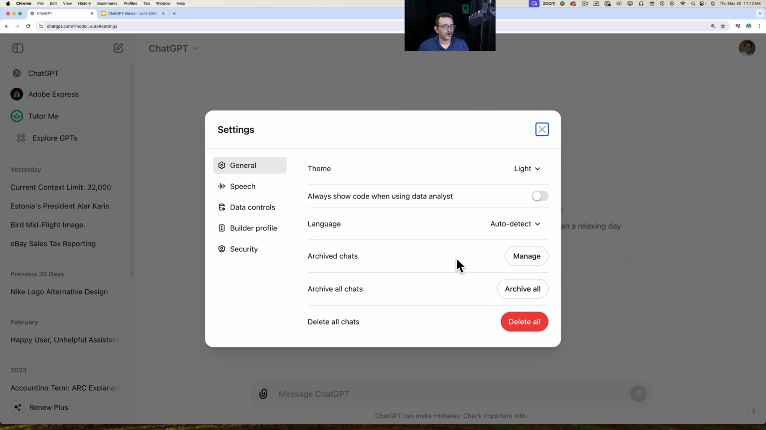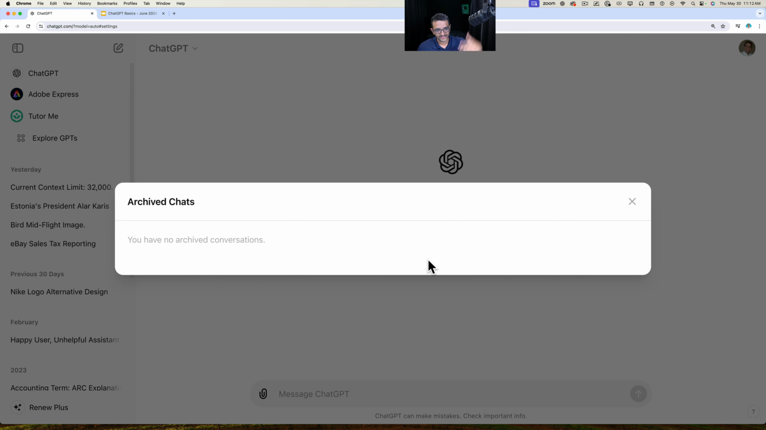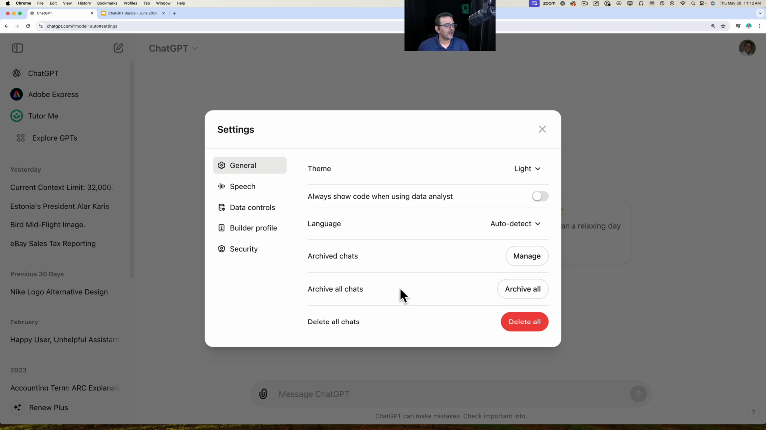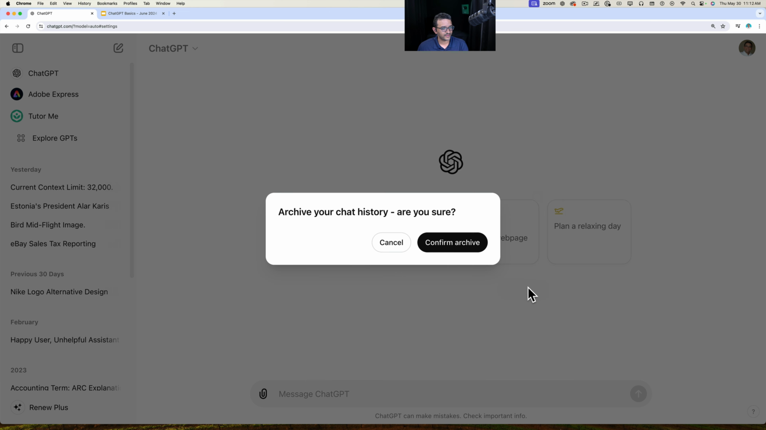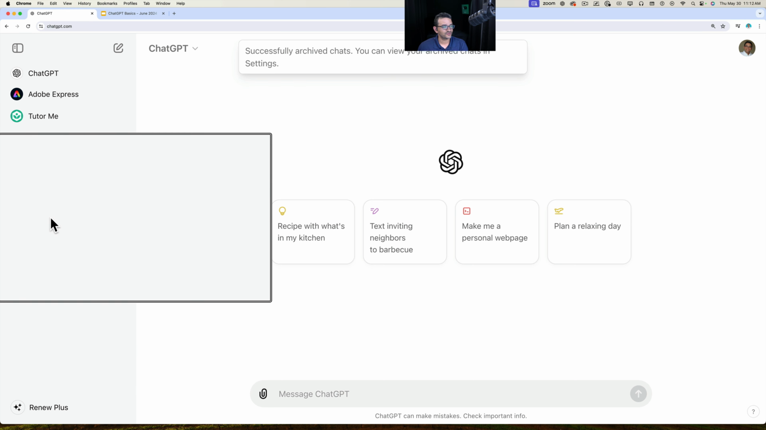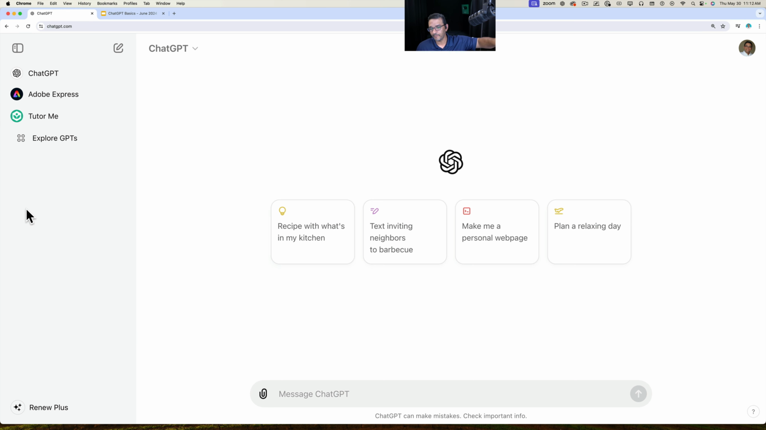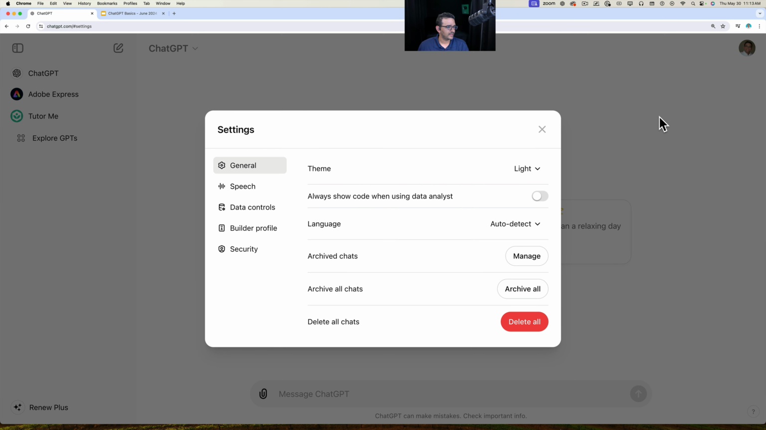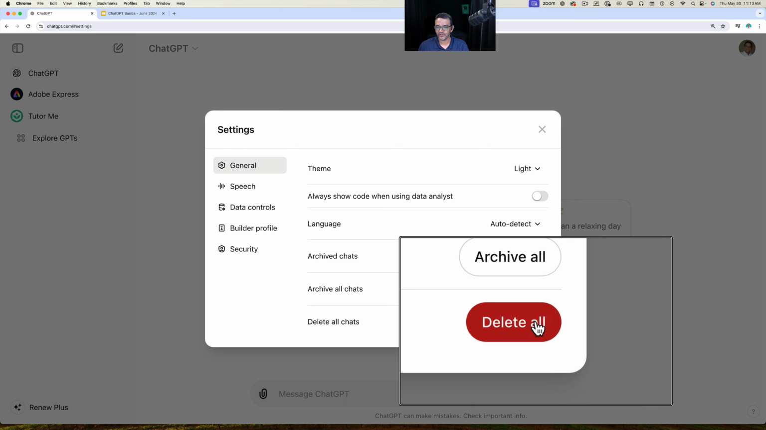Any chats that you have archived, you can click here and manage, and you can see the list of all your archived chats. You can archive all. So if I click on archive all chats and click on confirm archive, all of the live chats that used to show here, now they're archived. So they're not bothering me anymore. They're not deleted. I could always go back and look at them, but they're not bothering me anymore. I know many times when we're experimenting, we'll have all sorts of junk chats in there that we'll be working on. Let's go back into settings here, and then there's delete all chats